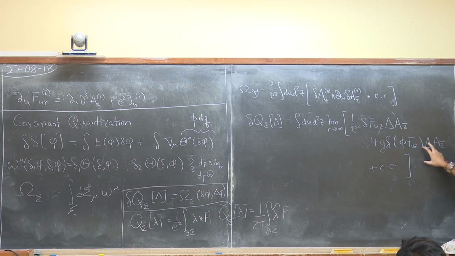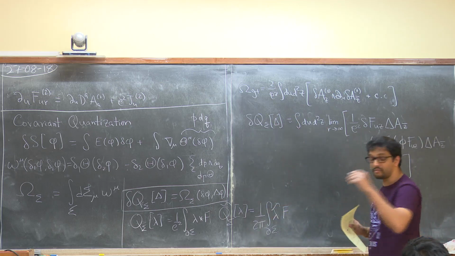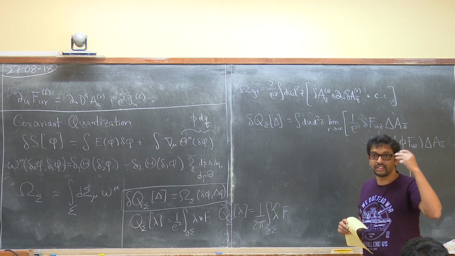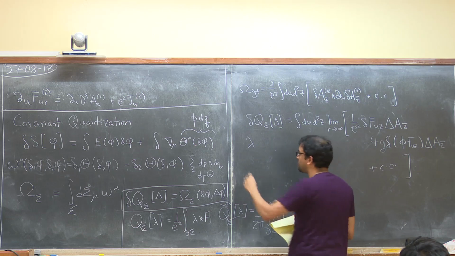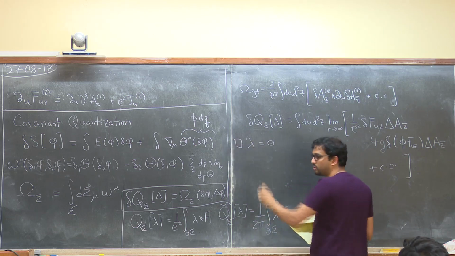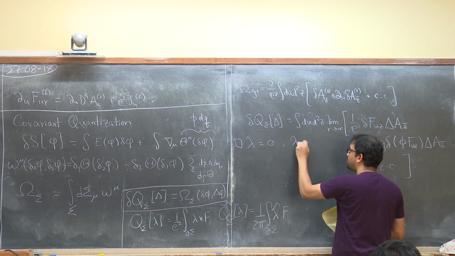Okay, so now we know that we want to choose a delta that grows like order r, but what delta should that be? The simplest example, now we know we're dealing with a gauge transformation, so let's just do a gauge transformation which grows like order r, which is linear in r, and see what charge we get. Remember, all these formulas I've written over here have been derived in Lorentz gauge, though the results are gauge invariant. So the lambda that I'm allowed to choose, because I need to preserve Lorentz gauge, has to satisfy box lambda equal to 0. And in addition, as I've just said, I'm interested in looking for lambdas which are order r.